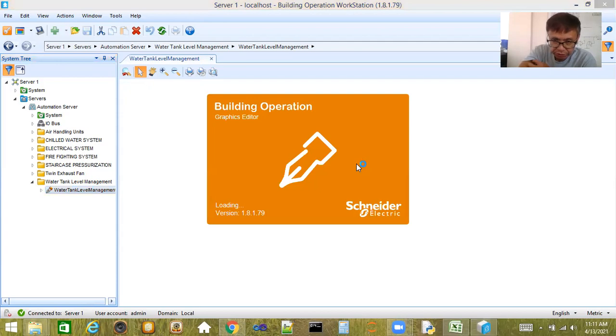Just wait. Okay, it's already there. So this is the building operation graphics editor. Once you edit the empty graphic file, this graphic editor will open. Then you are ready to edit or put some objects in your empty graphic file.